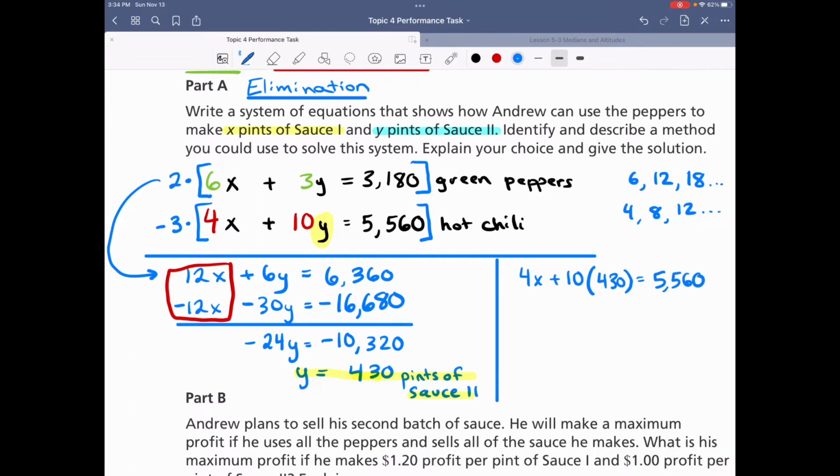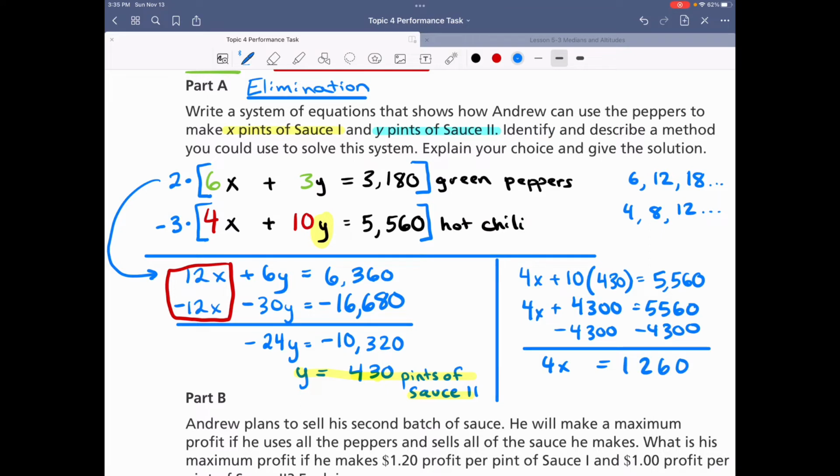When I multiply by 10, that just adds a 0, so it's going to be 4,300. Bring everything down. Minus 4,300. Bring down the 4x, the 4,300 and the -4,300 cancel. I subtract, and I get